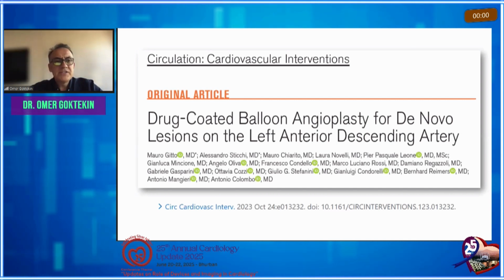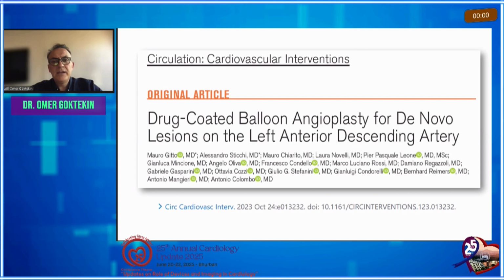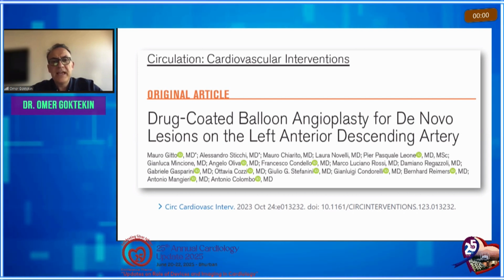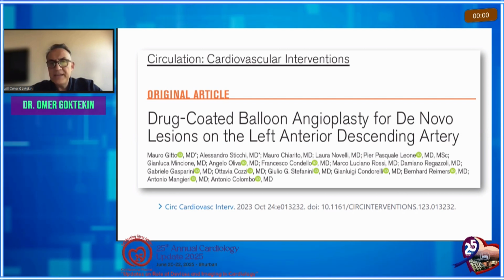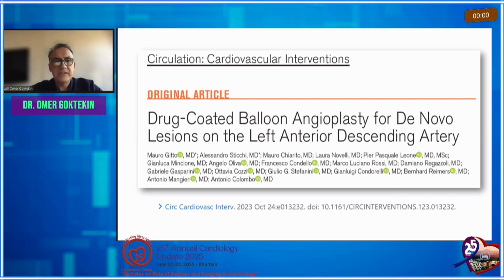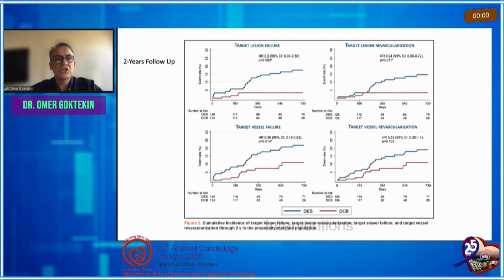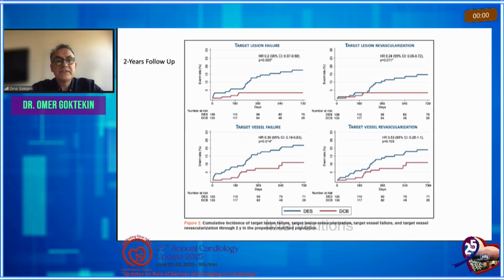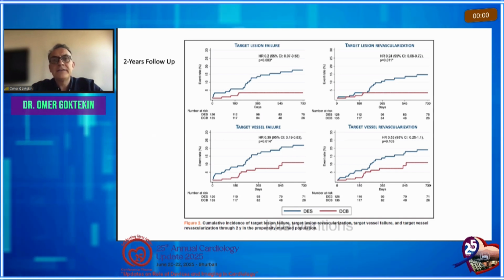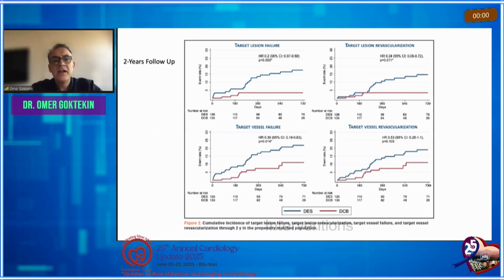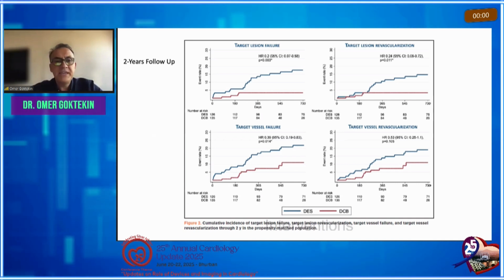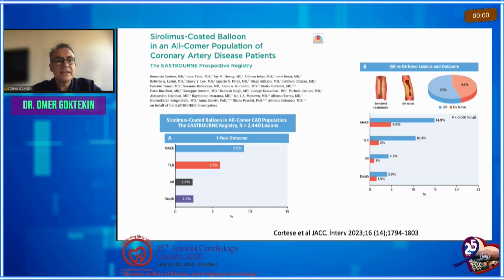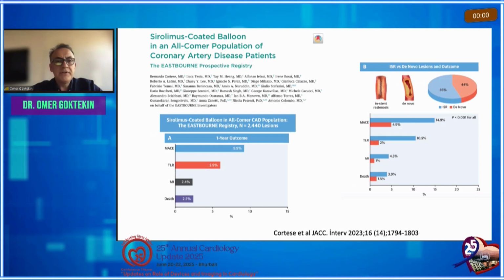This shows us DCB for de novo lesions of the LAD. I think LAD lesions are also important because the LAD has a higher restenosis rate after stent than other vessels. It's important to see them, and they show data at 2 years of follow-up. In terms of target lesion failure, target lesion revascularization, and target vessel failure, DCBs are better than DES. Another all-comer study is a large registry,